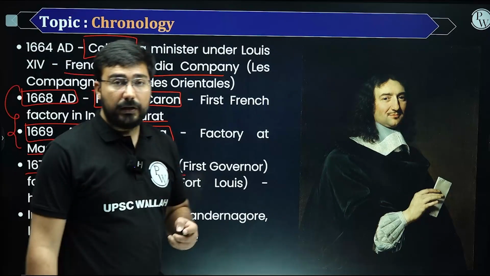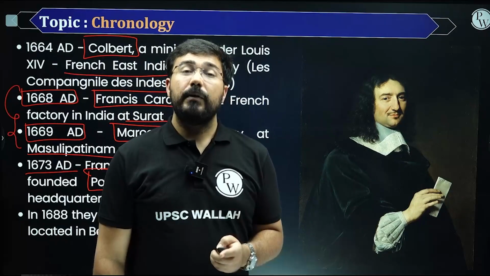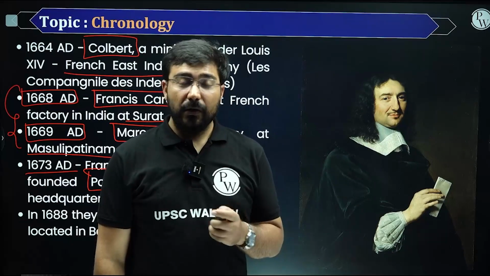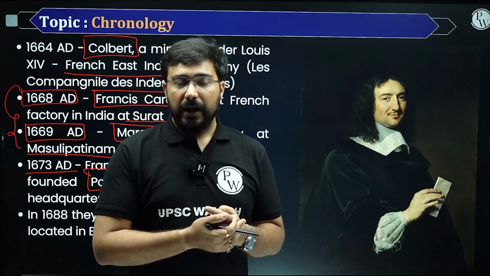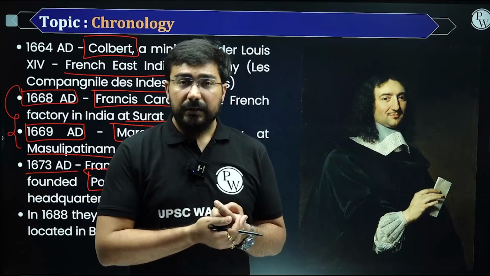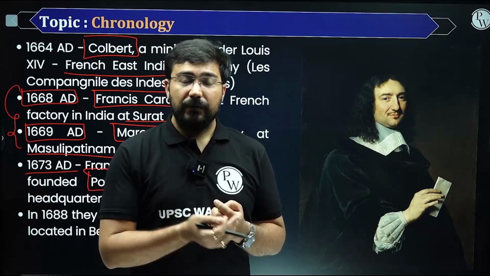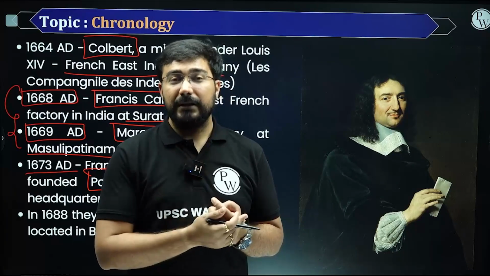Remember Pondicherry. Pondicherry is very, very important. Why? It was going to become the main base of the French. And in fact, this main base was strategically not that good. Pondicherry could be captured from any side. When they created their base here, they had a fight with the Dutch. The Dutch were able to defeat the French during the 17th century, and for six to seven years they didn't give Pondicherry back. They got it back only by 1699.